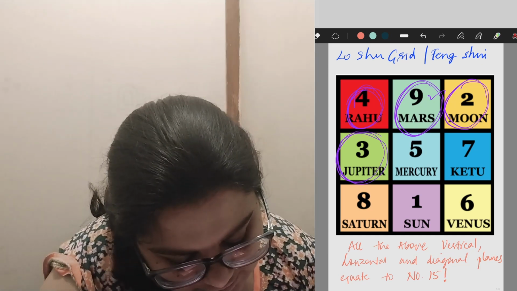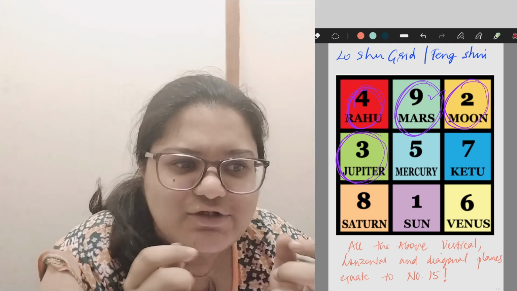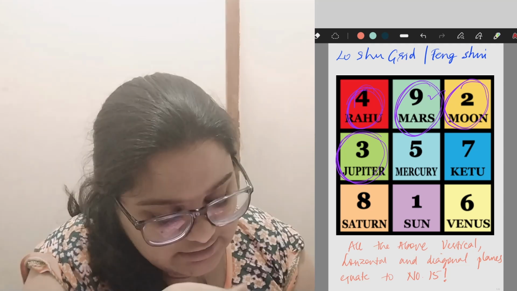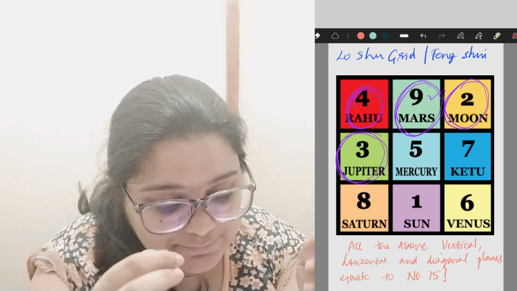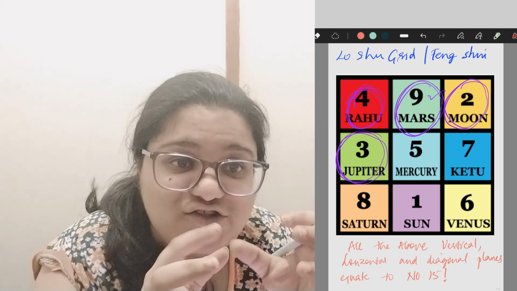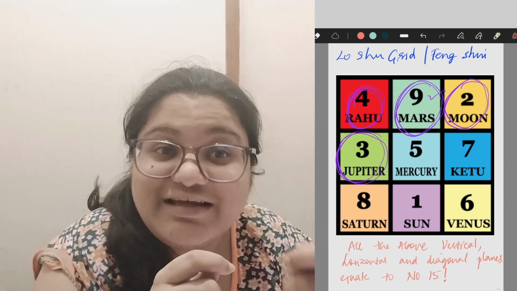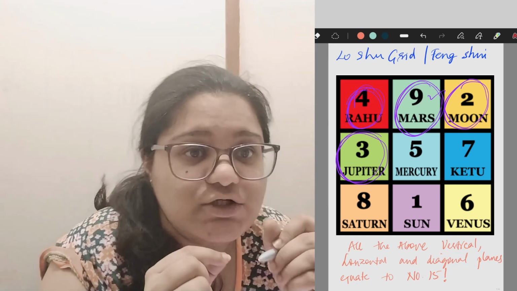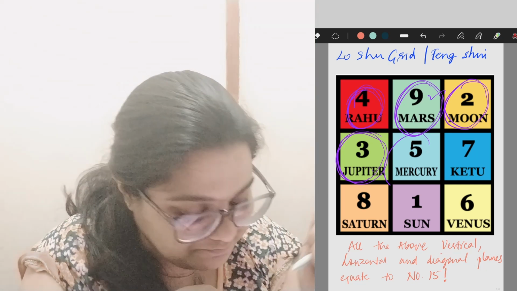Then let us talk about the number 3 that is associated with the planet Jupiter. Now Jupiter, when you get into detail, you will be able to understand is dominantly associated with teaching, or a teacher, a mentor, or a guide. So these associations are looked into as per number 3 of the Loshu grid. One more thing that you have to know is number 3 in general in numerology is associated with creativity, imagination, and expression of creative abilities. So all of these are also looked into and dealt with over here.